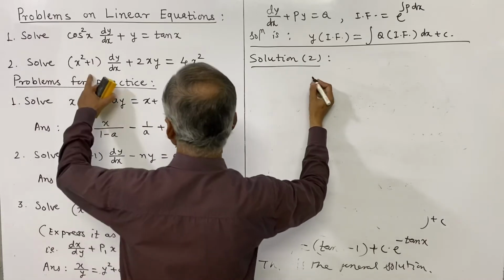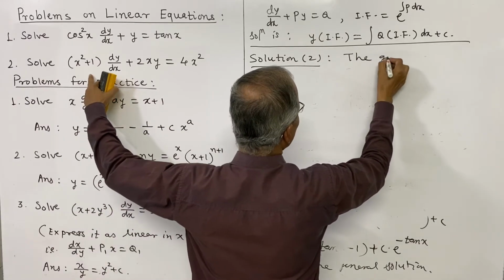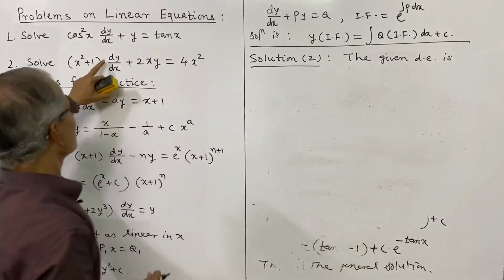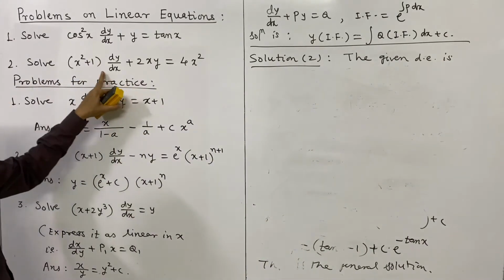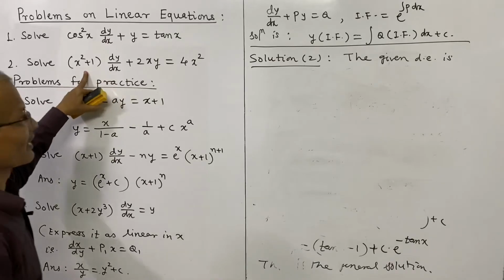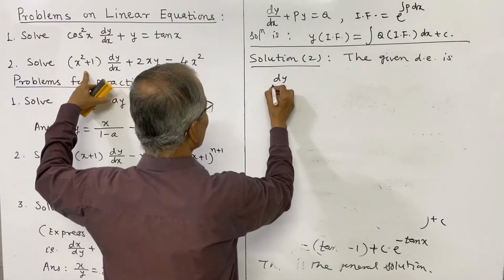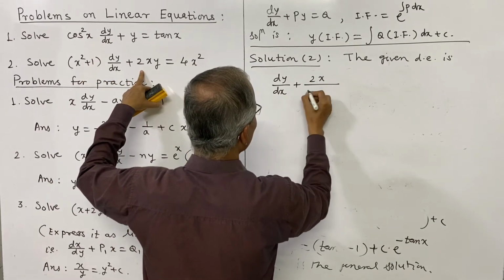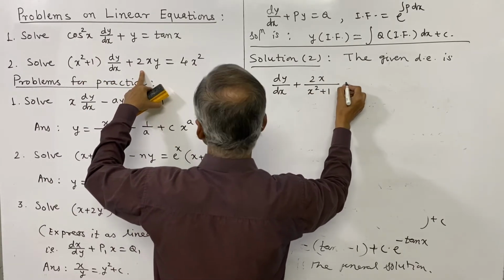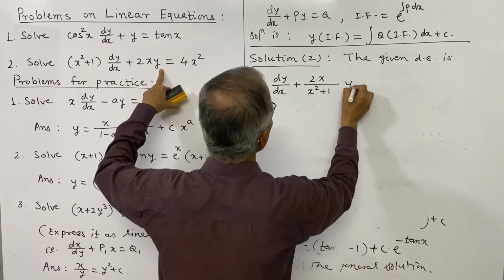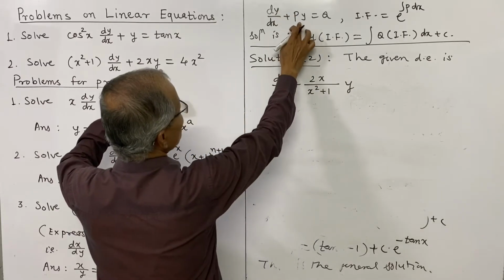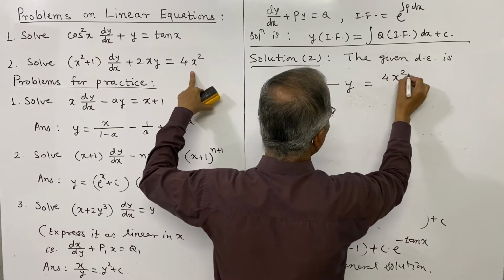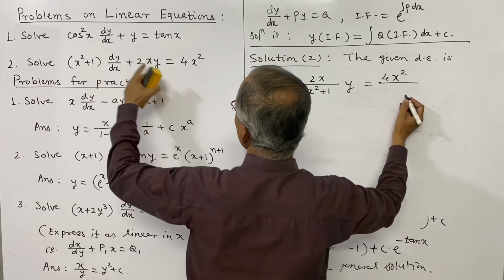The given differential equation is dy by dx, coefficient must be 1, and therefore we divide throughout by x square plus 1, and that I shall write as dy by dx plus 2x divided by x square plus 1 into y. I should write separately, dy by dx plus py, and is equal to right side 4x square divided by x square plus 1,